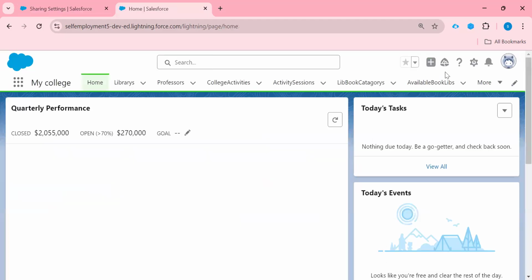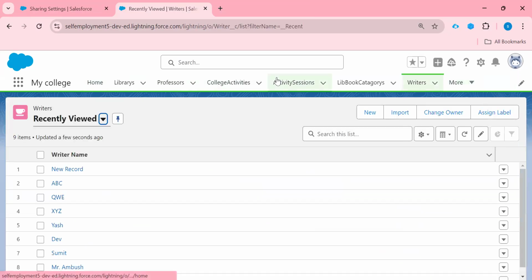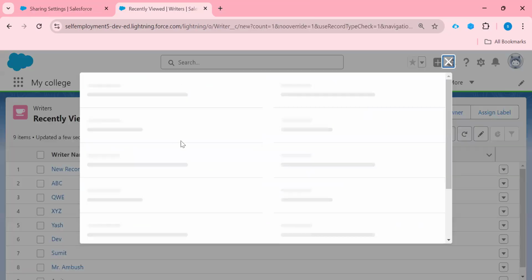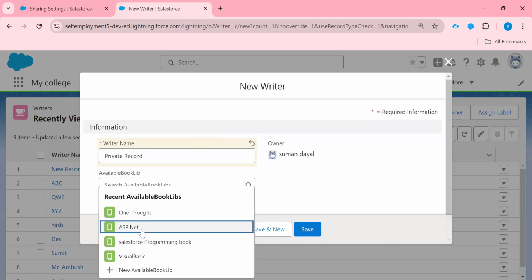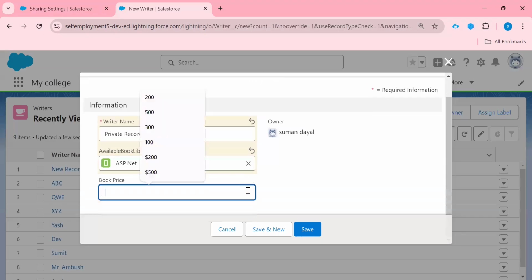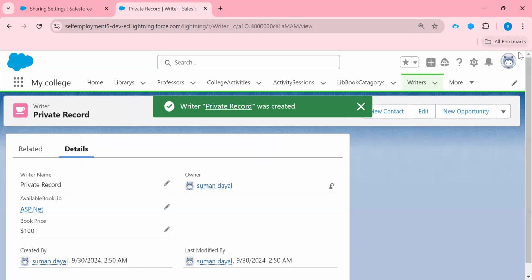Here again I'm going to create one more record as private. I'm giving this record the name private record so I can identify it. Click on the save button.